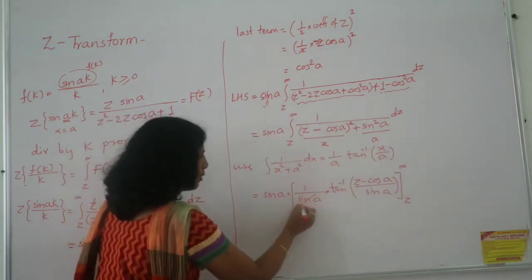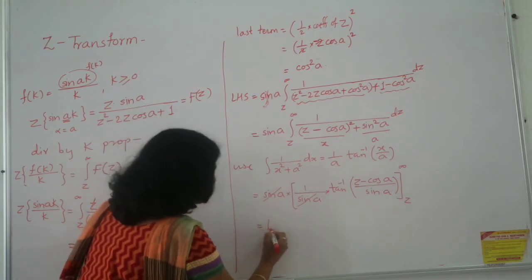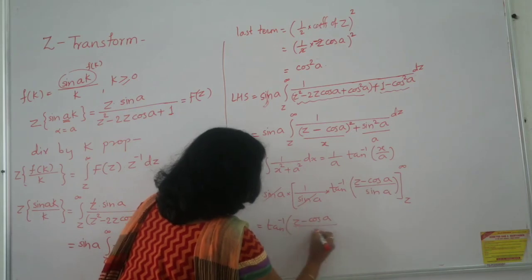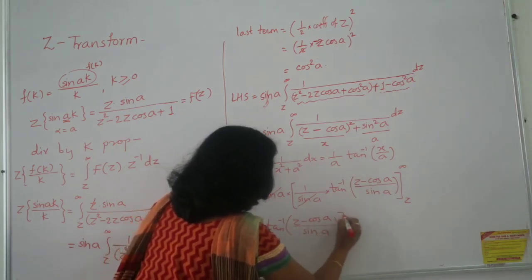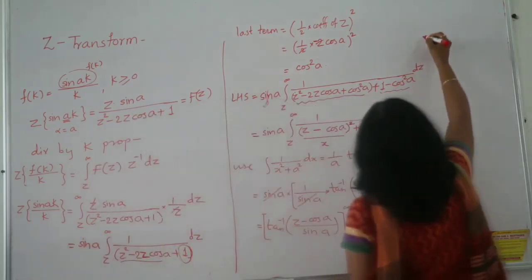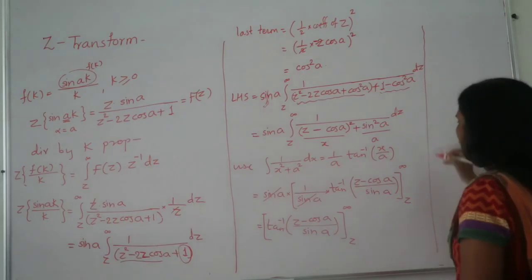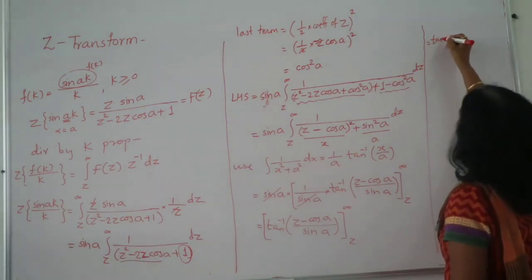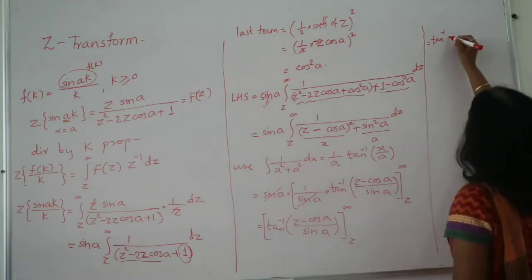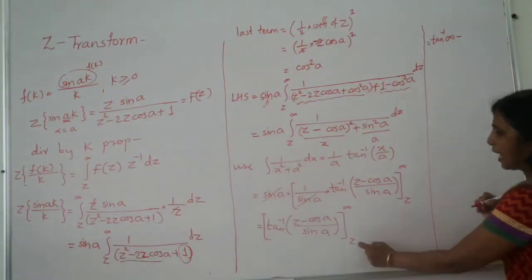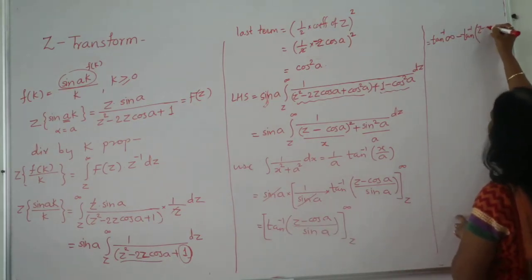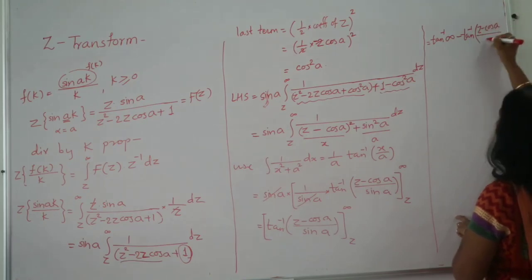Now maybe inside or outside, constants can get cancelled like this one. So this will become only tan inverse of Z minus cos A divided by sin A, and the limit still ranges from Z to infinity. So I have to take the upper and lower limit now to conclude my example. So I will just finish it up here only. So this is equal to, see, tan inverse of. When I place the upper limit as infinity, infinity minus or divided by anything is not going to matter so much. So it will be infinity. And now Z is replaced by Z only. So this will remain the same. Tan inverse of Z minus cos A divided by sin A.